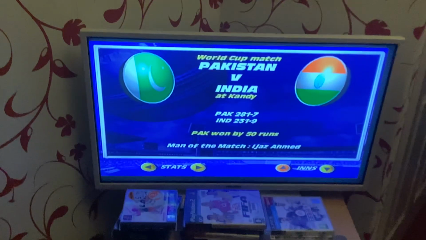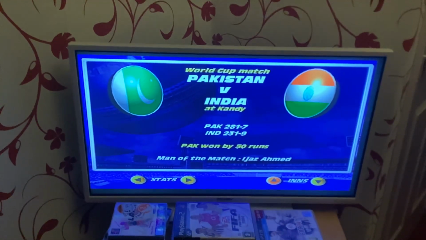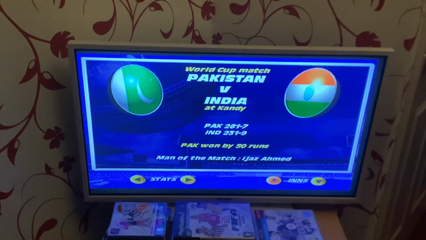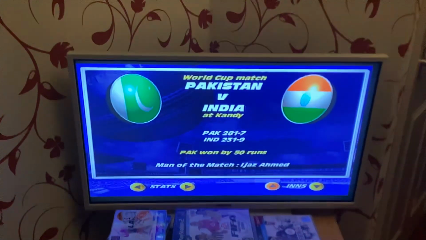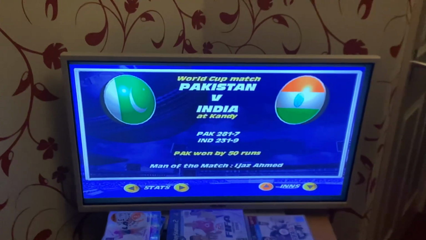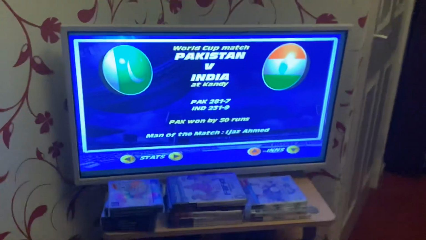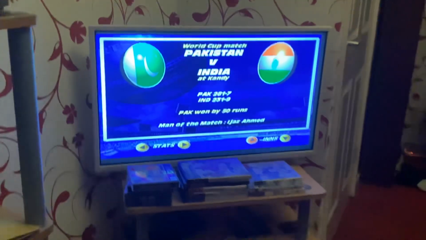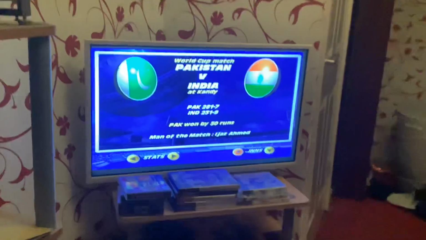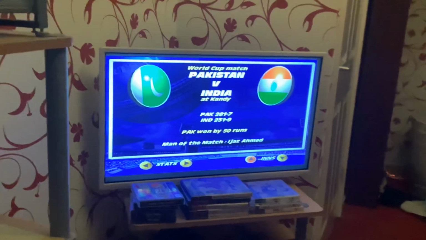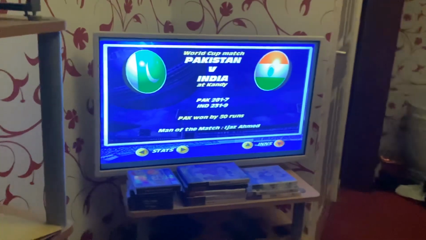And this was the outcome of what was a terrifically entertaining game in Kandy. And this is the final outcome. The toss was won by Pakistan, and they elected to bat on a hard, flat pitch. A really good pitch, a lot better than some of the pitches that we've seen recently. It wasn't overly dry, and they made a magnificent 281 for 7 from their 50 overs, their highest total of